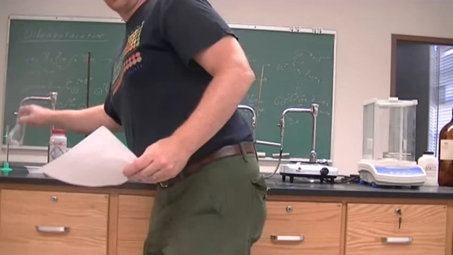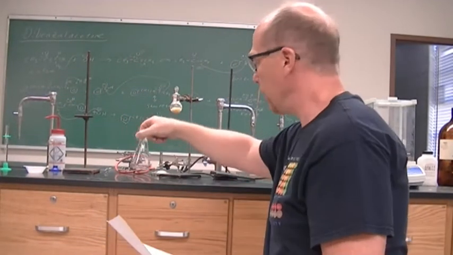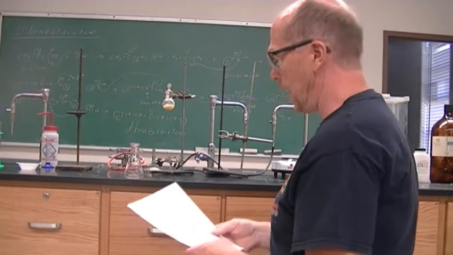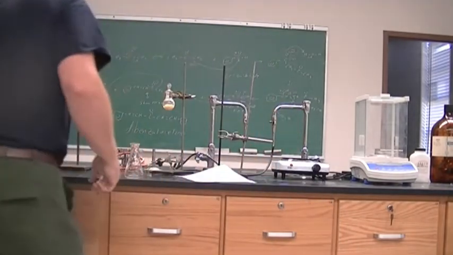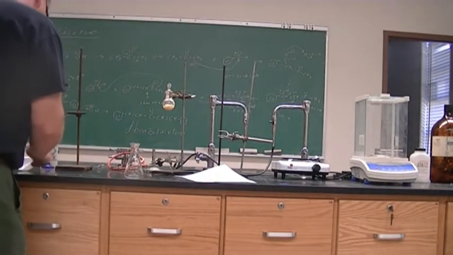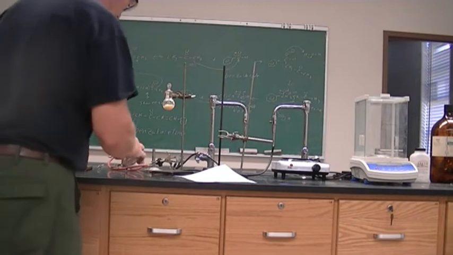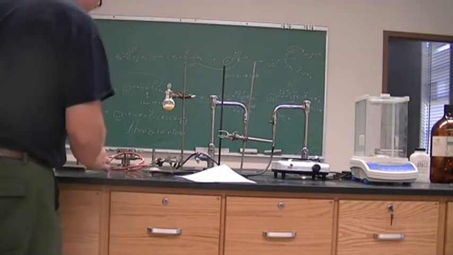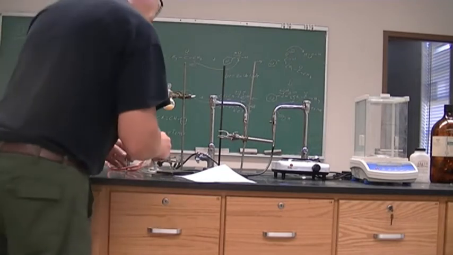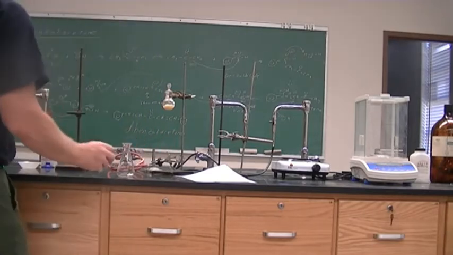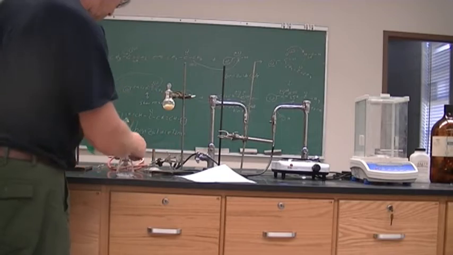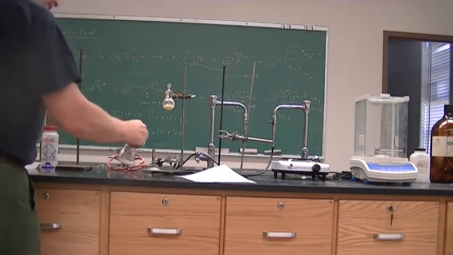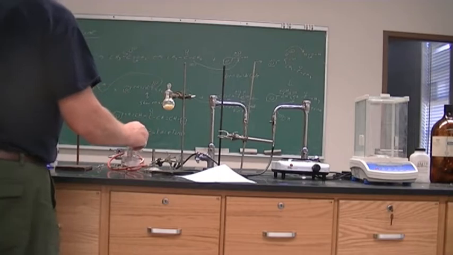Alright, so we have our 125 ml Erlenmeyer flask, and to that we're going to add 2 grams of sodium hydroxide. We're going to add 10 mils of deionized water. We're going to add to that 10 mils of